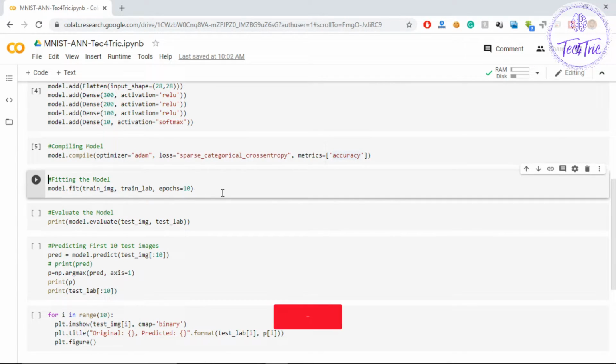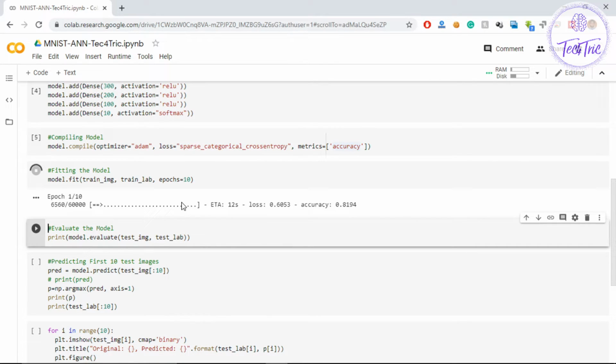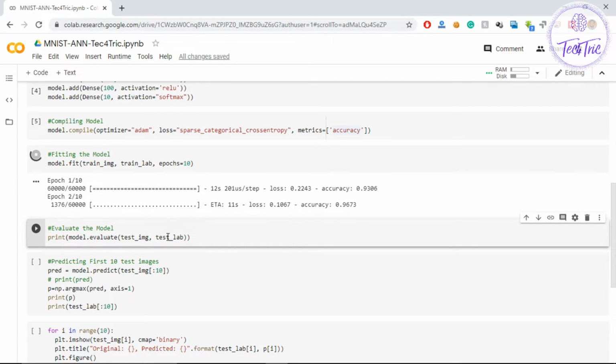Okay. Now it's time to fit the model. We have to fit the model with the training images and training levels. We want 10 epochs. So now let's run this program and the training will begin. As you can see, after the first epoch we got 93% accuracy and it took 12 seconds.